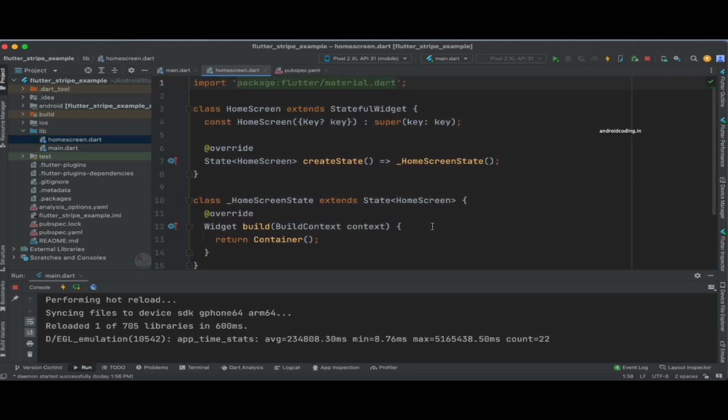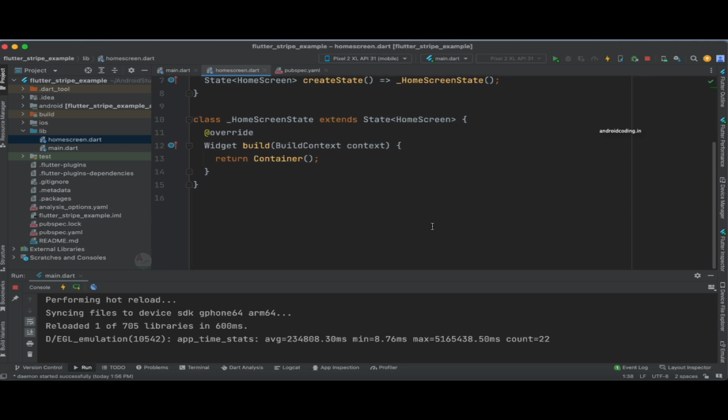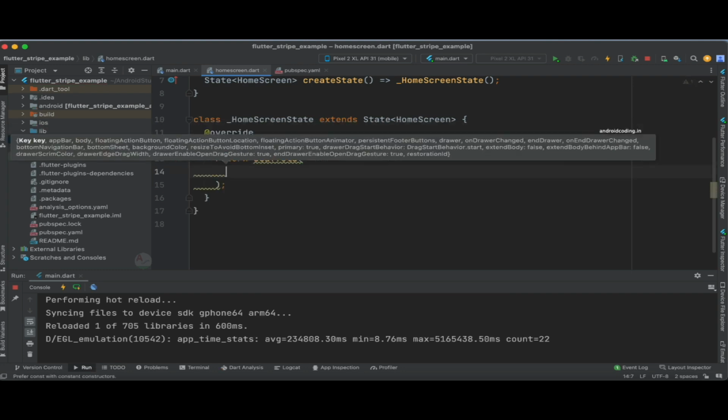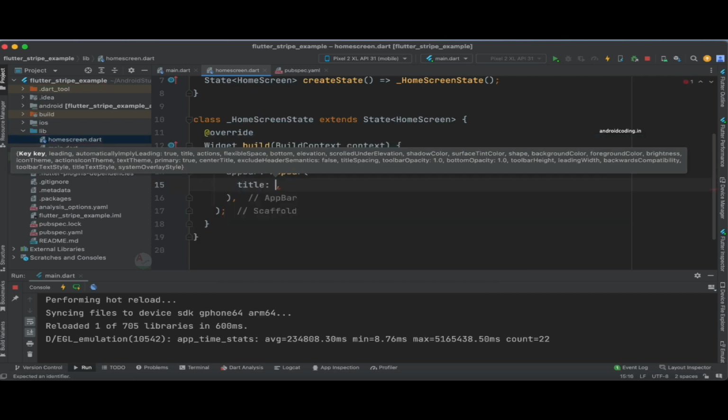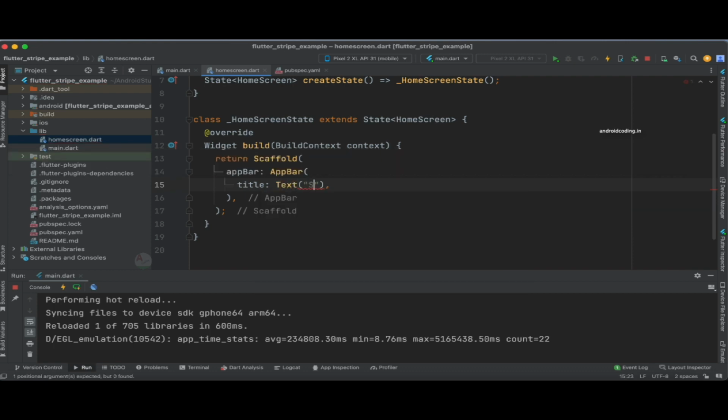I hope you have understood till here, and now let's start with the payment intent first. Payment intent is nothing but an API call, right? So let's start with the payment intent. And before going to the payment intent, let's complete our basic coding like providing a scaffold, and inside that let us specify an app bar, and in the app bar let us specify a title with the help of a text widget again, that is like Stripe payment,